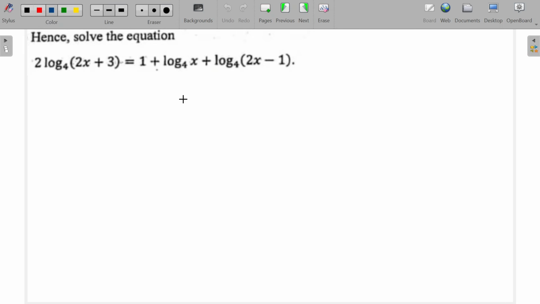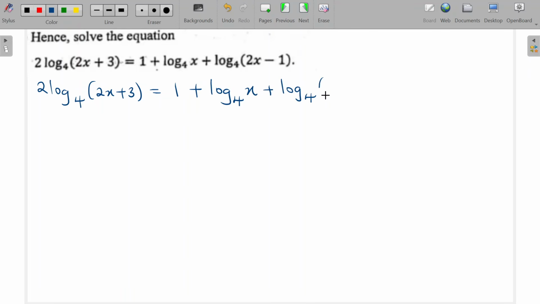Okay, so question 2 says hence solve the equation. So we have been given this equation: 2 log 4 (2x plus 3) is equal to 1 plus log 4 x,